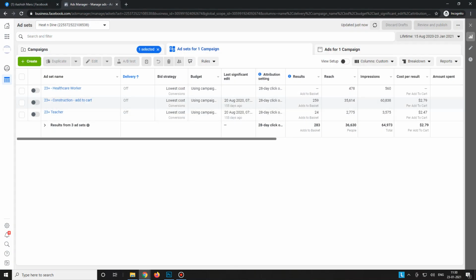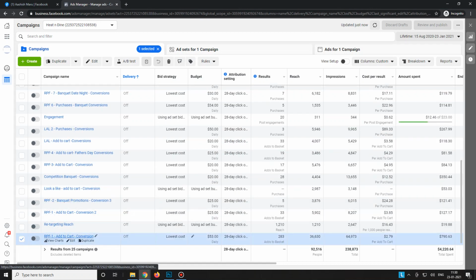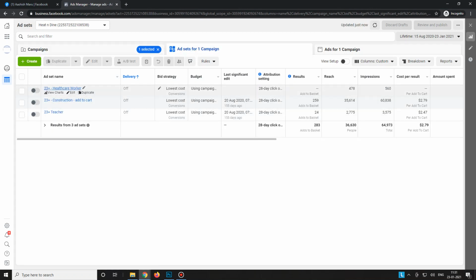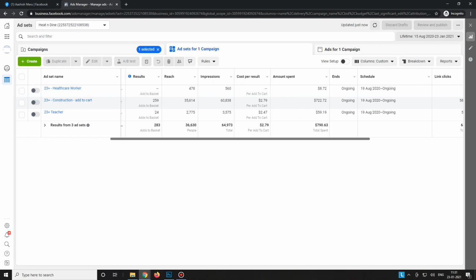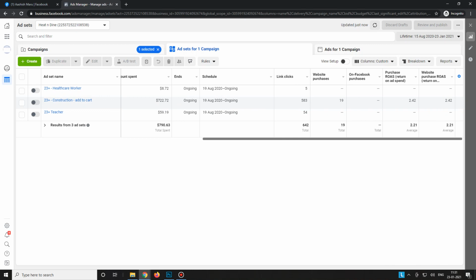Okay, see this, I onboarded this client and let's see the first ad. See, this is the first ad. I created 3, nothing secret, as I showed you there also. So I created 3. I got around 283 add to cart, and you can see I'm running this in Australia and it's pretty cheap, 2.79 per add to cart. It's so good. Like we spent it on 79 and 19 high ticket sales, right?